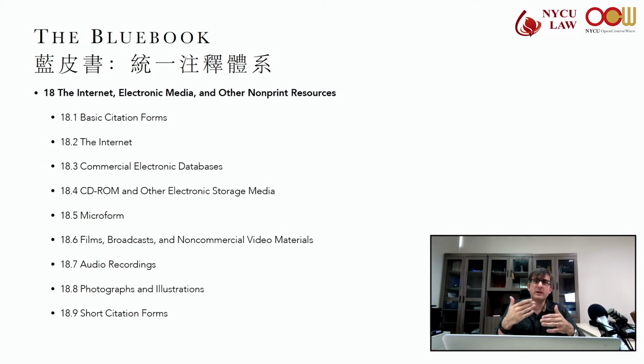So if 5 or 10 years from now, someone is reading the article and wants to look at a website that you've cited to, and they go back and the website's changed and you don't know exactly where it's moved to, you have that archived internet source that you can go to and check it out. And those are appended at the end in brackets.